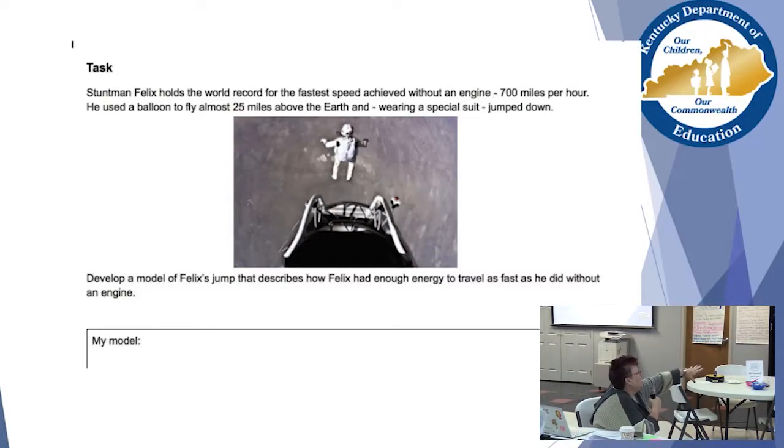We were talking about where it says develop a model, and we can envision a kid drawing a balloon, somebody shoving him out, and the arrow just going down. I mean, technically they're correct. So there's just not enough there. There's not enough meat, I guess. Yeah. Okay. All right. What about others?